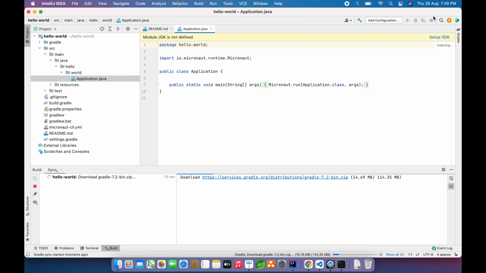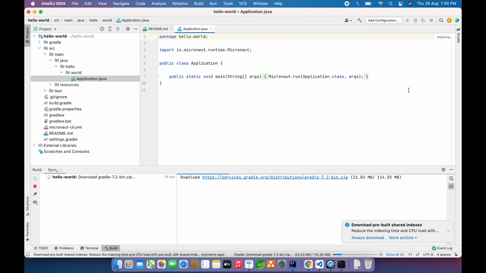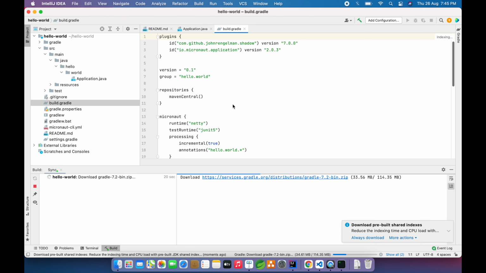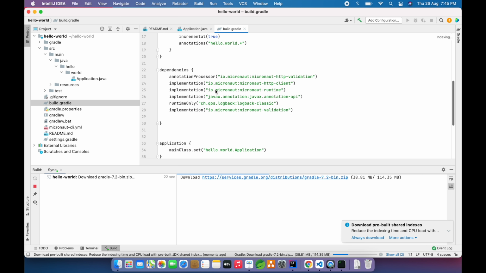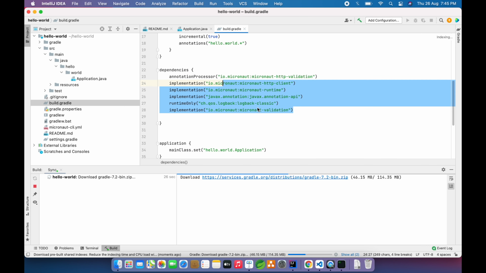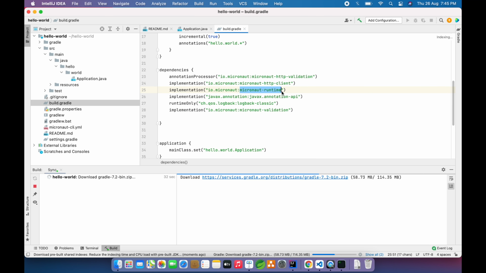If you see, module SDK Java 1.8, right? It will download all the dependencies required for this project, and we can go inside the build.gradle, and here we can see these are the default dependencies. This is the HTTP client that we require for the REST APIs. This is the Micronaut runtime library.